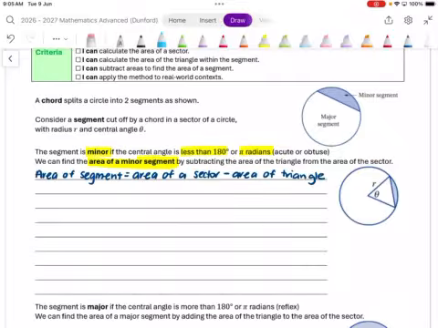So for our area of a triangle, this is trigonometry, so we're using our area of a triangle formula for trigonometry, which means we're going to be using A equals a half ab sine C, okay? And so that means that our area of a triangle